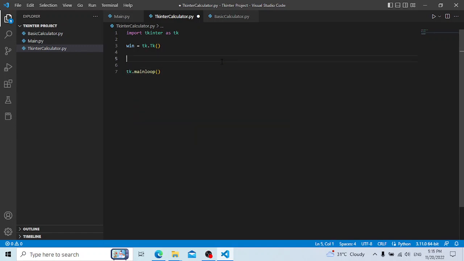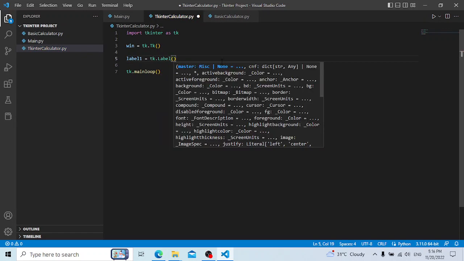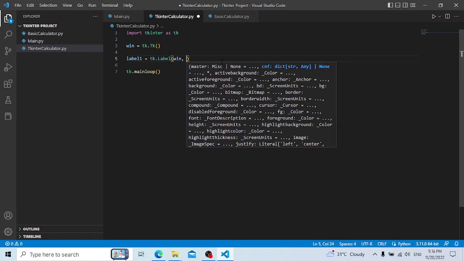So that we have our setup all done and dusted, we want some input boxes, where our first and second numbers are going to go. For that we can start some labels. Label 1 equals tk.Label. Of course we're creating another label, and in here we're going to put that into win. For now we can make this pretty at some point, but for right now we are looking for functionality